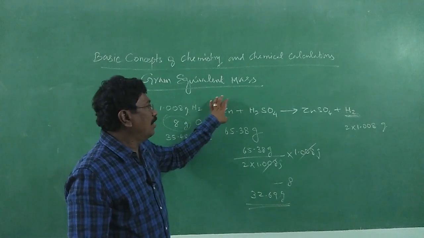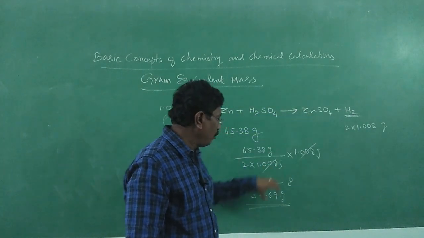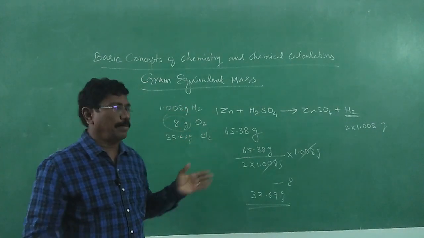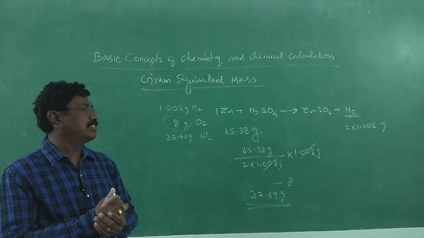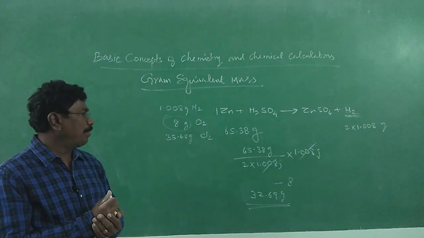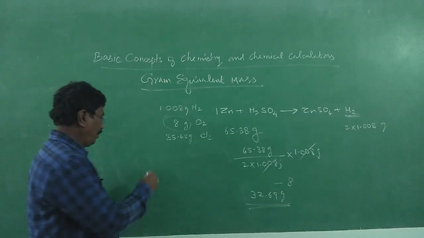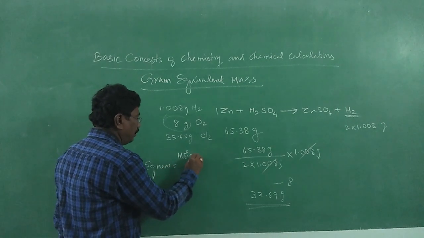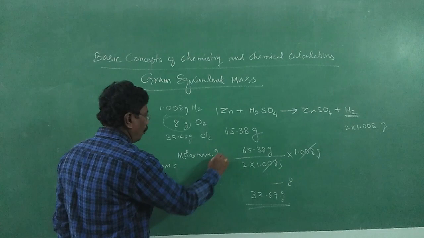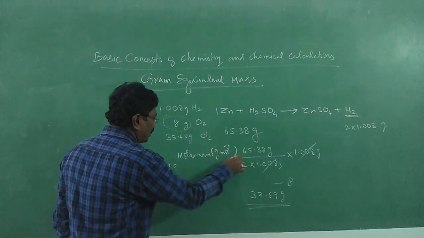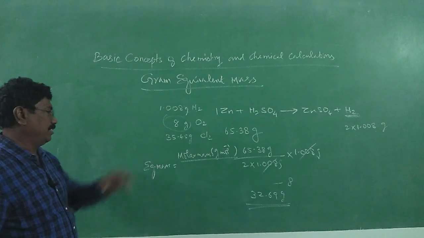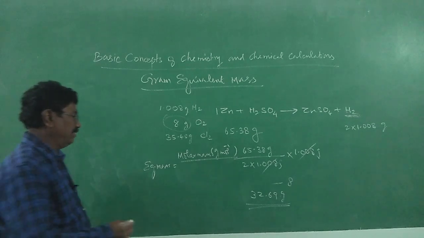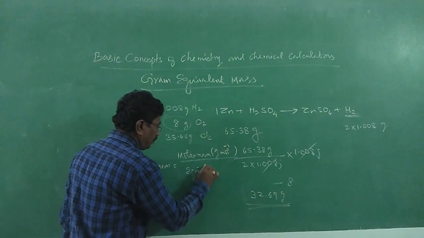So the correct stoichiometric equation may be needed to find out this equivalent mass if it reacts with hydrogen, oxygen or chlorine. So equivalent mass may be given as molar mass divided by the equivalence factor, we say. Equivalent mass is equal to molar mass, which is nothing but molecular mass, gram per mole, the mass of 1 mole of a substance, divided by the equivalence factor.